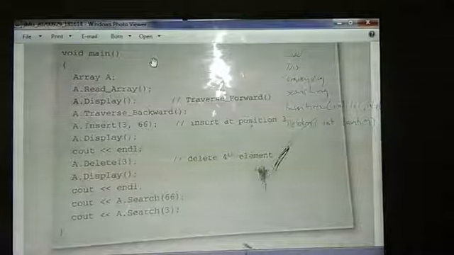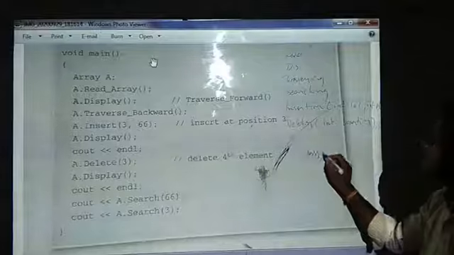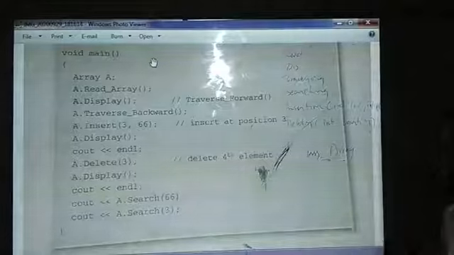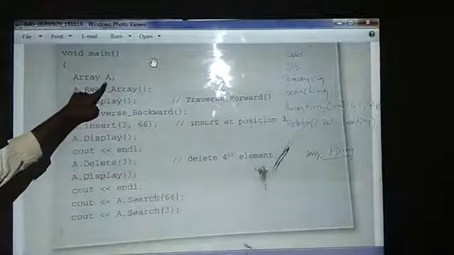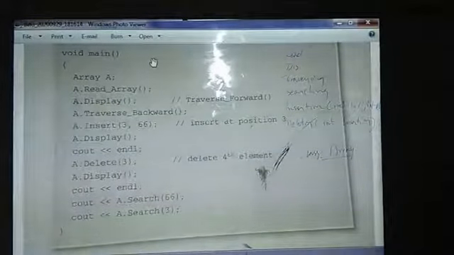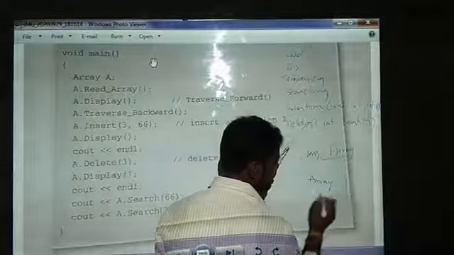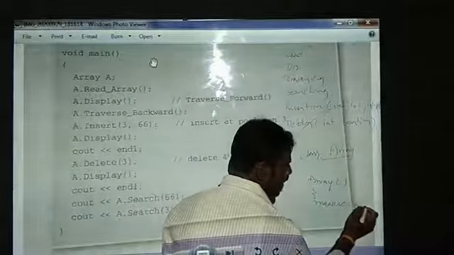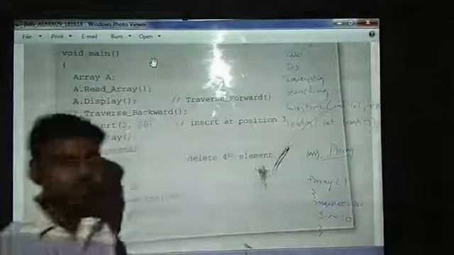See this. This is my main function. See, I had a class with the name called array. Class array. This is the first step in my program. Okay, this is my class, and for that particular class I have created an object called A. A is my object now. When I have created my object, it automatically executes its constructor. In a constructor I have written this: max size is equals to 20, and then size is equals to 0. From here your execution of program will begin.